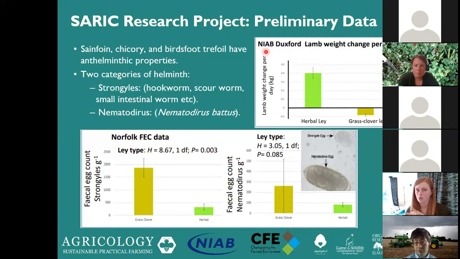We think that the grass clover weight loss was caused by moving the sheep too quickly onto a new diet, so they had problems there for a little while. Probably gone over time.